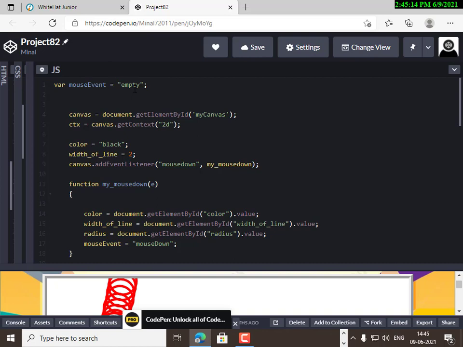Variable mouse event equals in double quotes empty, canvas equals document dot get element by id, my canvas, ctx equals canvas dot get context 2d. So these all are 2d. Then color equals black, width of line, that is 2, canvas dot add event listener, mouse down, mouse, then without